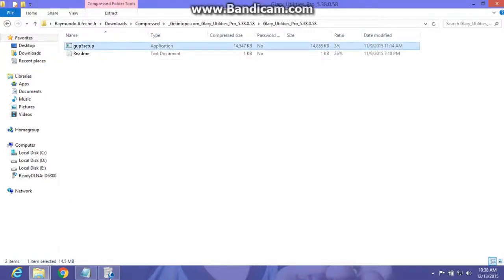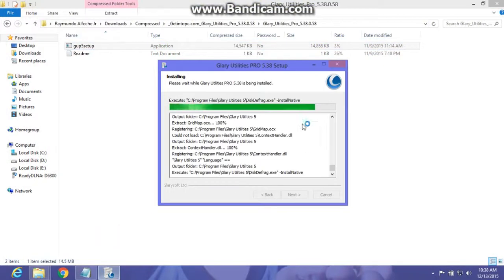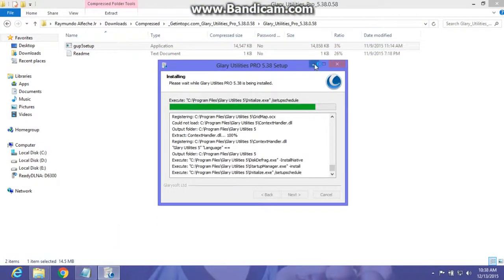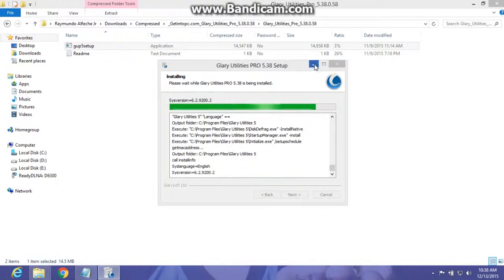In my case, I will not include the activation in this video. I will make another video on how to activate this with the respective keys that come with the download.